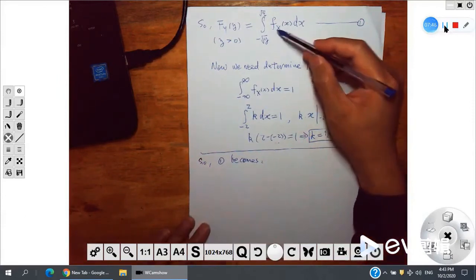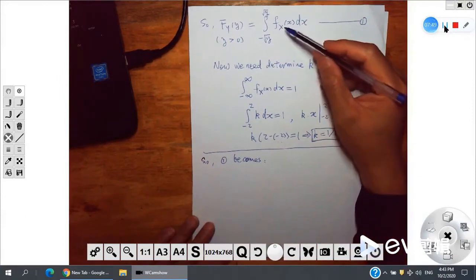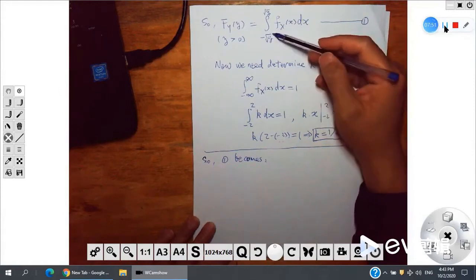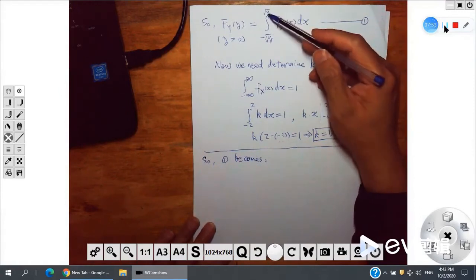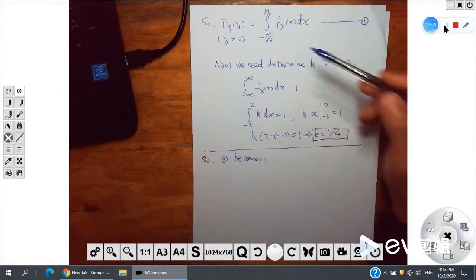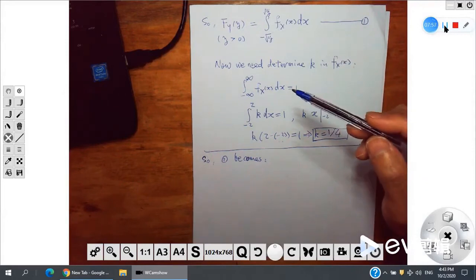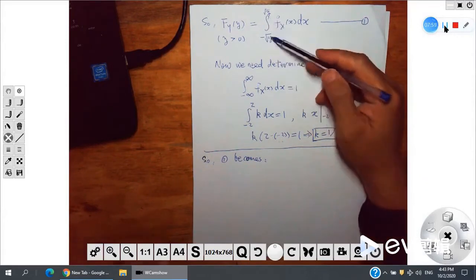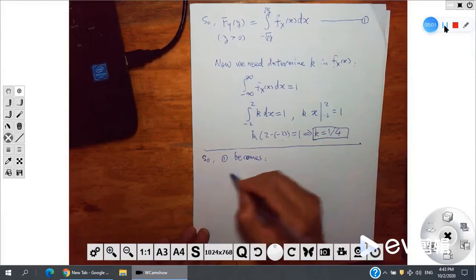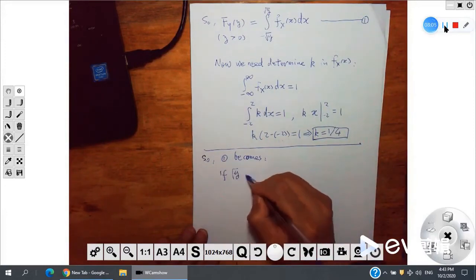f_X(x) is just 1/4, with x running from negative 2 to positive 2. Here y ranges from negative square root of y to positive square root of y. I need to compare these two values, so we have two cases. If the square root of y is larger than 2,